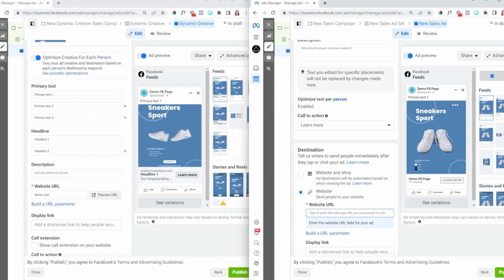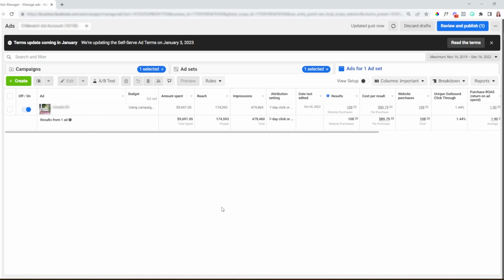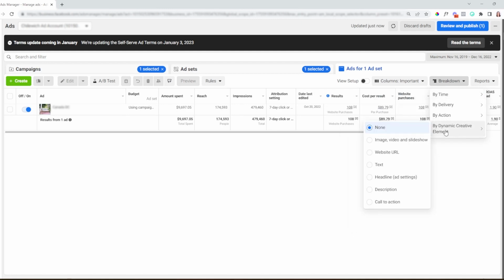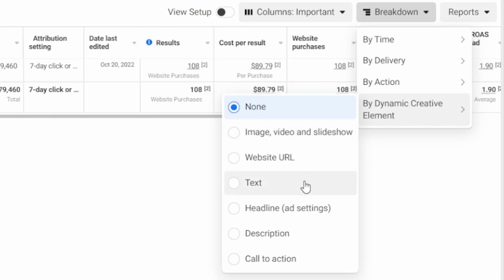So let me now go show you what it looks like to have a campaign that has dynamic creative and the breakdown feature versus not having the breakdown feature because it's just a regular campaign. All right, so this right here is a campaign that has dynamic creative turned on. If I go in the corner here, I use the breakdown. We have the option by dynamic creative element, and then we have image, video, and slideshow, website URL, text, headline,